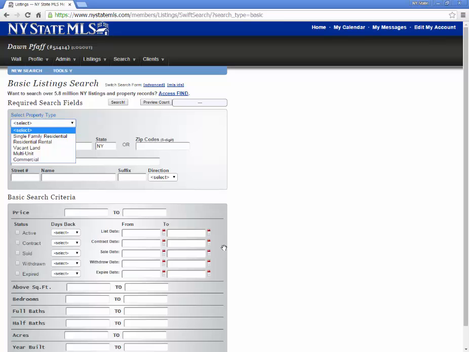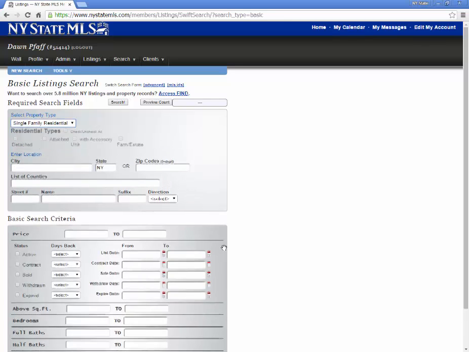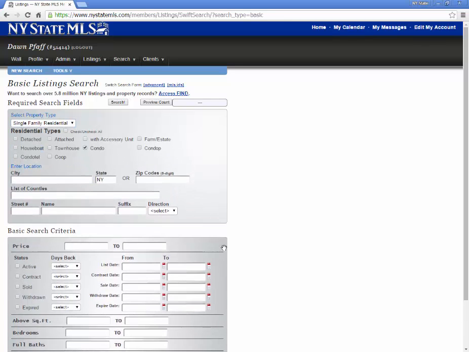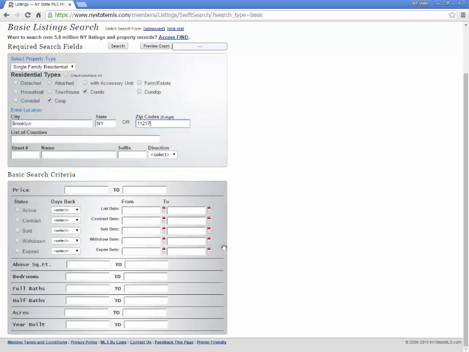The property type that we're looking for is a single family, and we're either looking for condos or co-ops, something nearby the subject. We're looking for something in the city of Brooklyn, and our particular zip code is 11217. Our county is Kings,